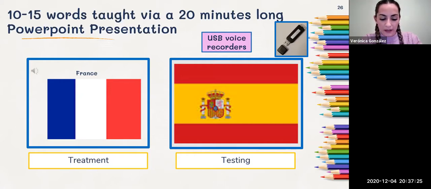My area of expertise is the acquisition of pronunciation of English as a second language. So how do I make sure that students are improving their pronunciation and also obviously they're learning the words? I got some USB voice recorders. So they look like a normal USB, but if you can see at the corner, you've got an on and off button. So as long as you're allowed by your school and you get parental consent,